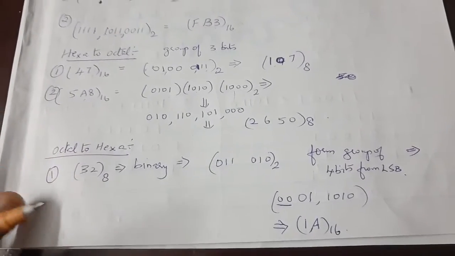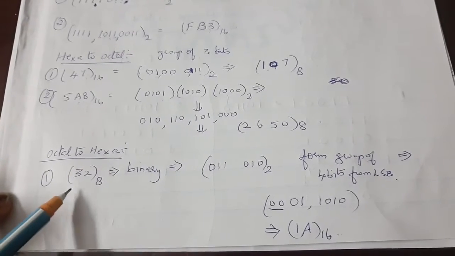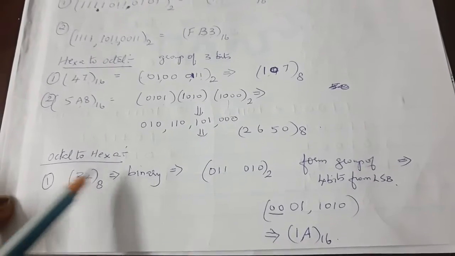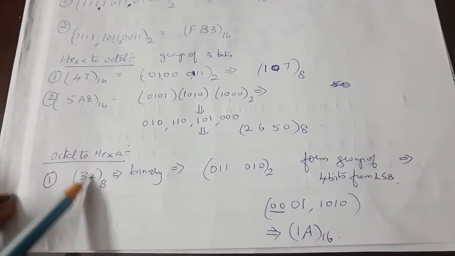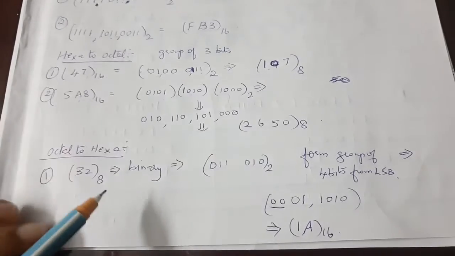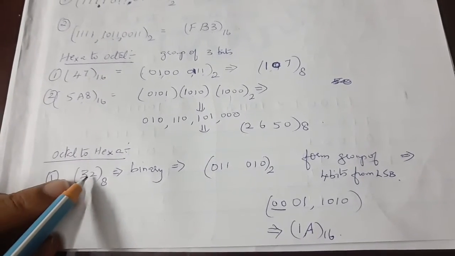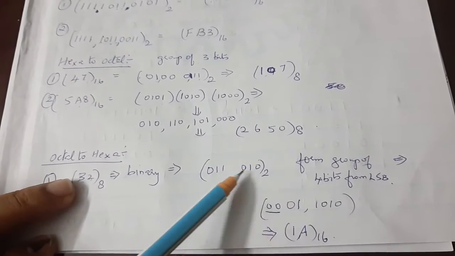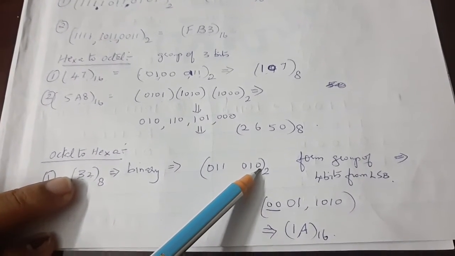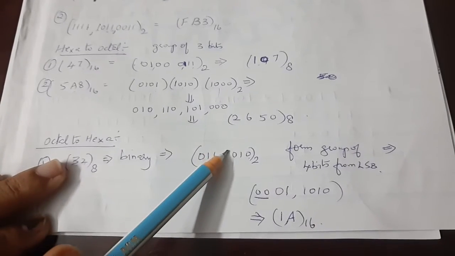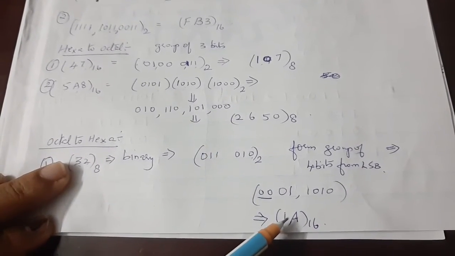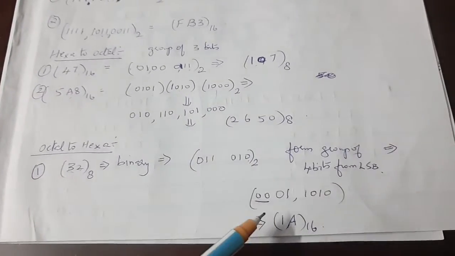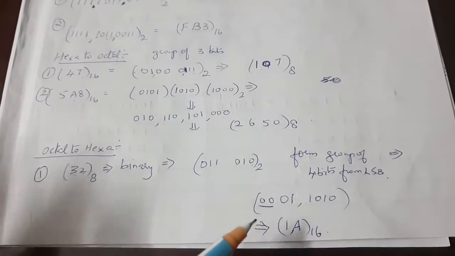If you're going to go for the reverse conversion, octal to hexa, say the octal is 32 to the base of 8. Again, you need to convert to binary first. So write down this 32 in terms of binary in 3-bit formation. What is 3? 0, 1, 1. What is 2? 0, 1, 0. I've written in terms of 3 bits. From 3 bits, you are going to go into 4-bit combination for hexa. So always make sure octal to binary is 3-bit conversion. Binary to hexa is 4-bit conversion.